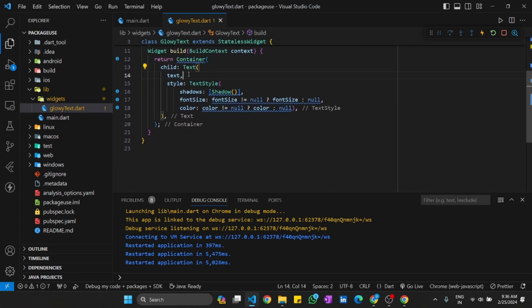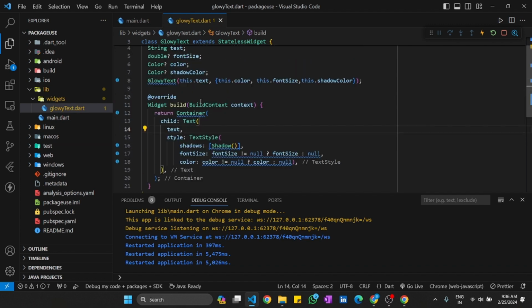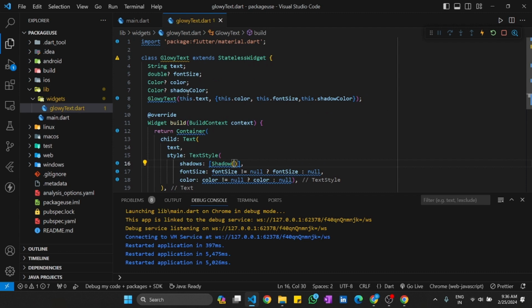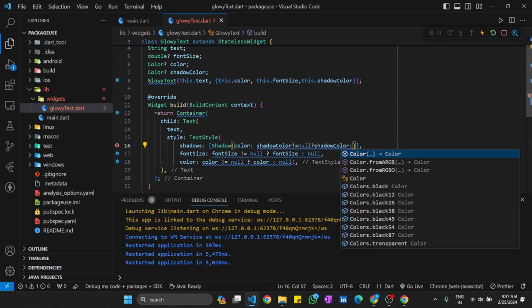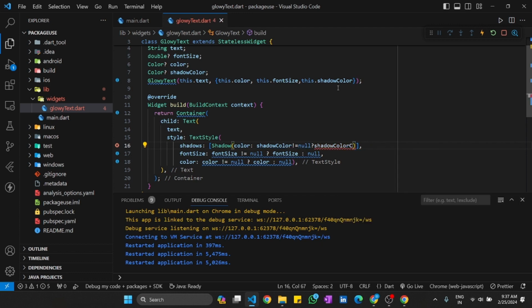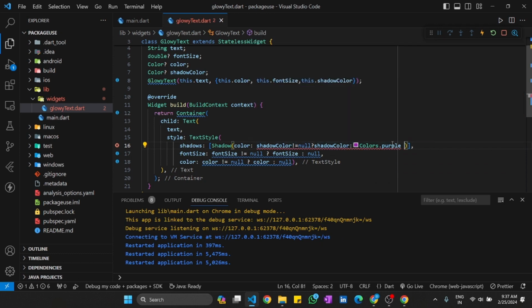And we have to pass some default data. If someone does not give any shadow color, then we just show our default color as a shadow. So color, if shadow color is given, not equal to null, we just show the shadow color. Else we will show a purple color. Okay, so what's the error? Okay,